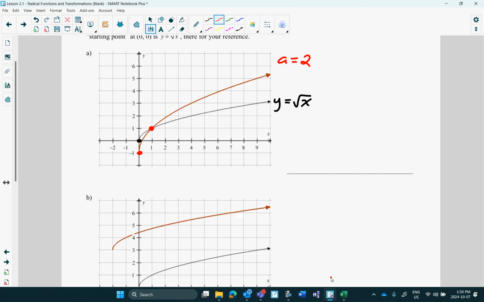So what letter is that? And now plug it into the radical transformation equation. Y equals A, which is 2, square root, there's no value of B. There's no value for H, so it's just X underneath. And at the end, it's